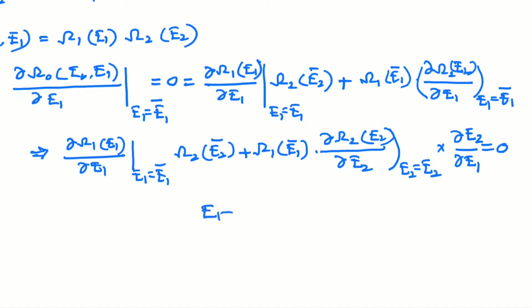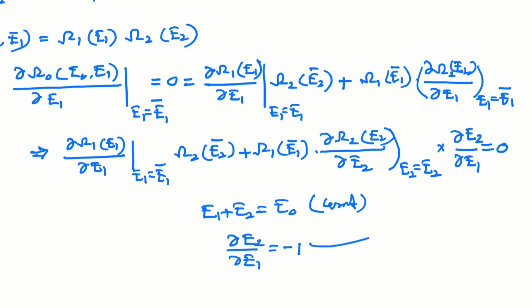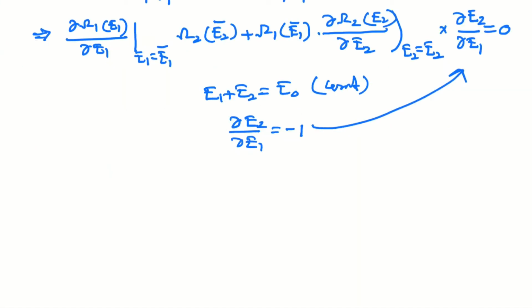But as E1 plus E2 is a constant, that is equal to E naught, one can see that dou E2 by dou E1 will be minus 1, and when we substitute it over here, we obtain